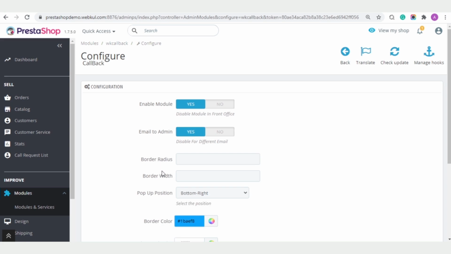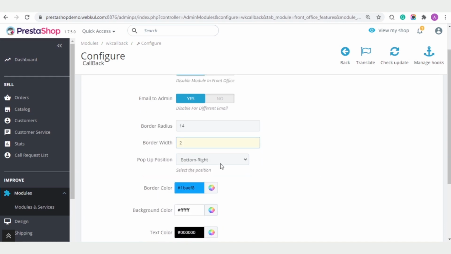From these fields, admin can set the border radius and width of the callback request form. For example, admin has set 14 as the border radius and 2 as the border width.